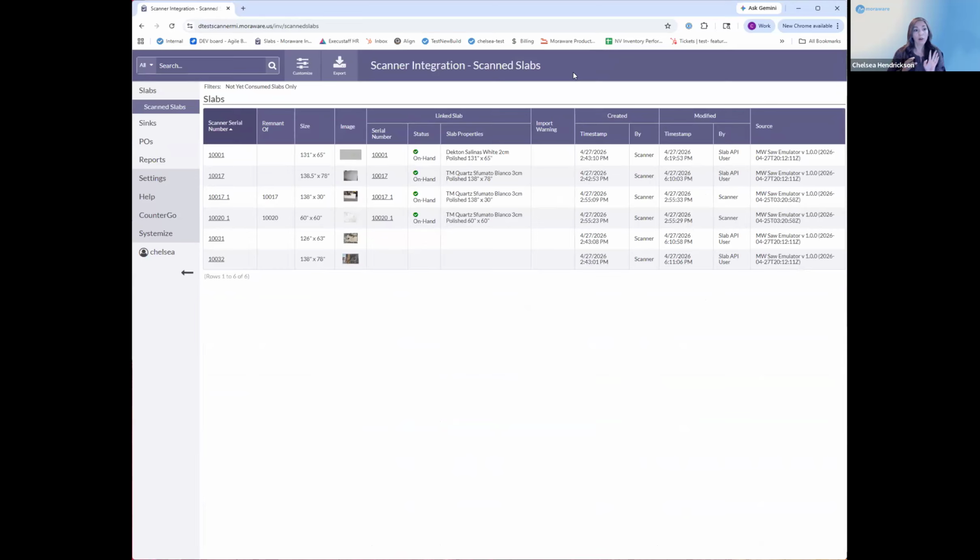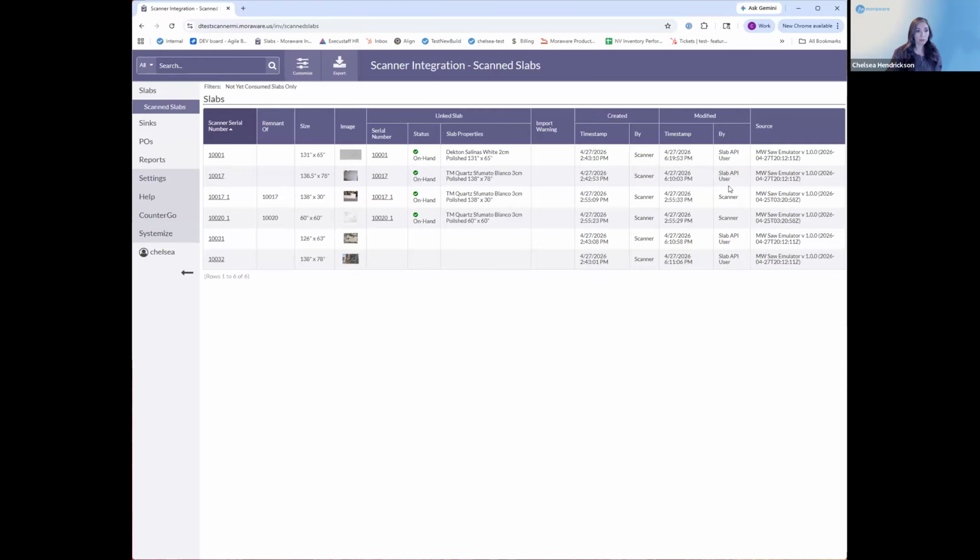For all things here, you have to have the slab and serial number created in Moraware Inventory first, because without that, we can't make sure that the right slab is aligning, the image is going to pull to the right slab. So we're using the serial number. It's very important you have unique serial numbers. For remnants, you don't have to define the remnant in Moraware Inventory first, but the parent slab does have to exist and have a serial number, because we're going to use the parent slab's serial number in order to associate